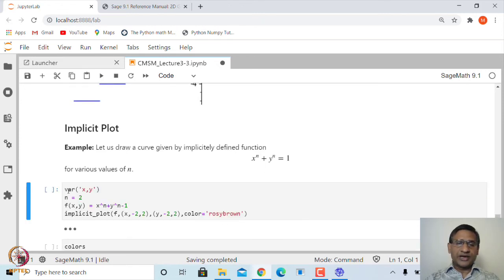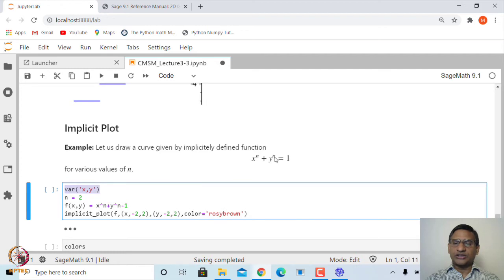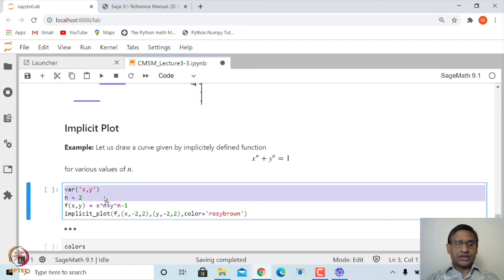So, first we will define x and y as two variables. Earlier we had y equal to f of x, an explicit function. Now, I have an implicit function, so y is also a variable. So, first we need to declare x and y variables. As I said in the last class, x by default is thought of as a variable in SAGE. However, it is a good idea to redefine that,